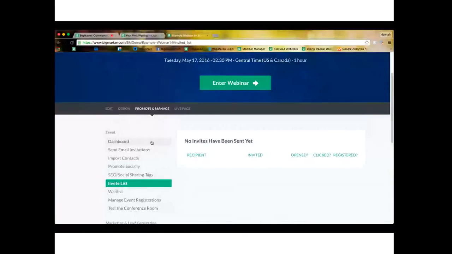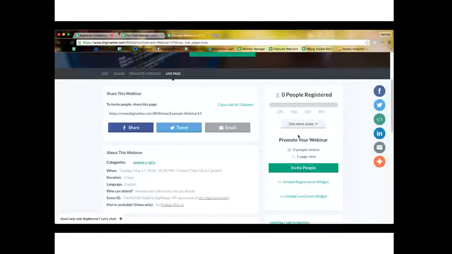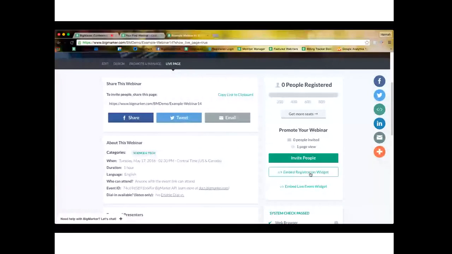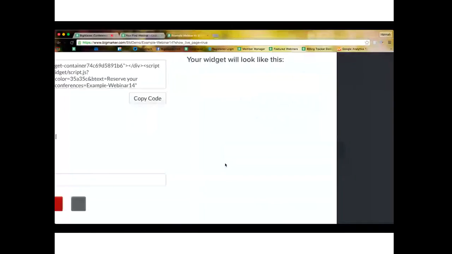So zooming out here, going to the live page now to cover widgets before we enter the webinar. So you'll see here in the dashboard, we have the embed registration widget and then the embed live event widget. And I know that Brian was asking about that, so we'll get to that shortly. But the embed registration widget, if I click here,